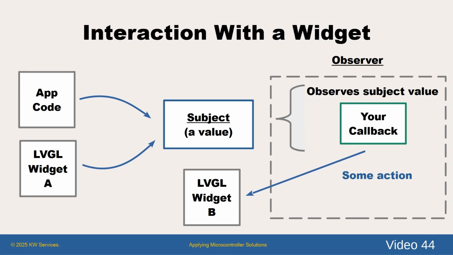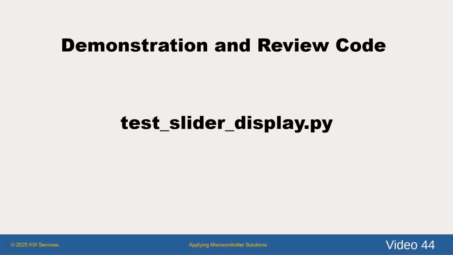Here, our application code initializes the value of a subject. LVGL widget A is bound to the subject, which automatically updates the subject's value. Meanwhile, an observer was defined that is watching the subject's value. Any change causes the observer to invoke the callback routine. The routine can do anything, including an action to some other LVGL widget, here called LVGL widget B. Let's look at a demonstration of